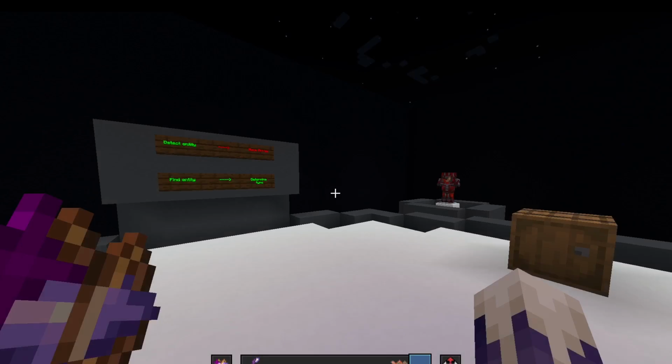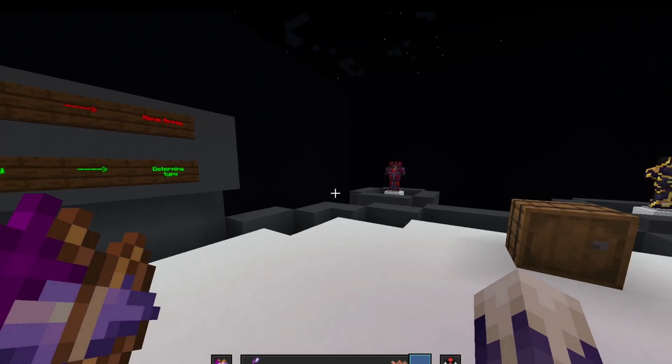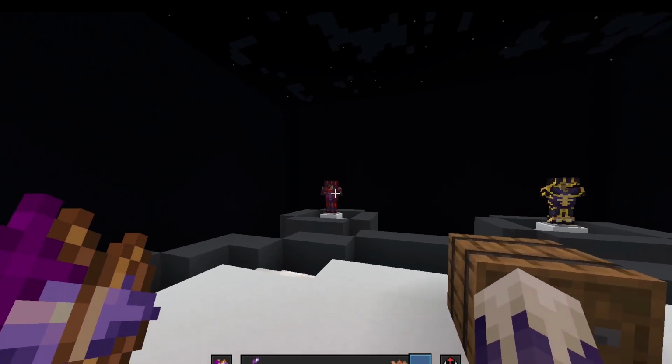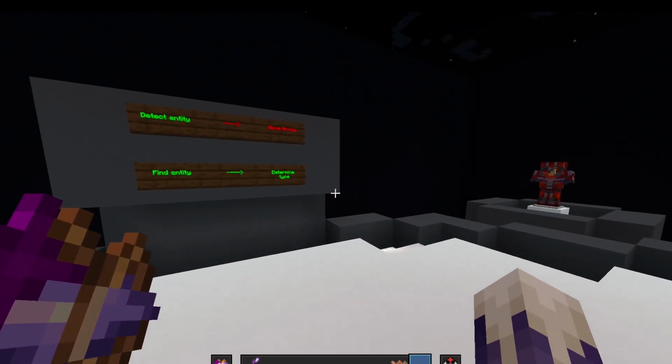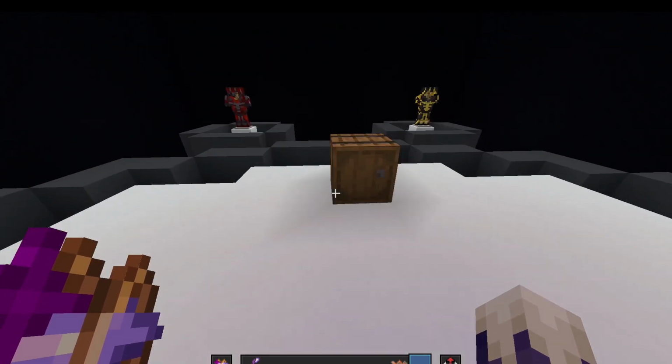So in my spell, it has this fun little property that it can remember the last enemy you looked at. So it will follow him. To do that, I had to first of all find an entity that I'm looking at, and then check if I want to target that enemy. So here I have two armor stands,